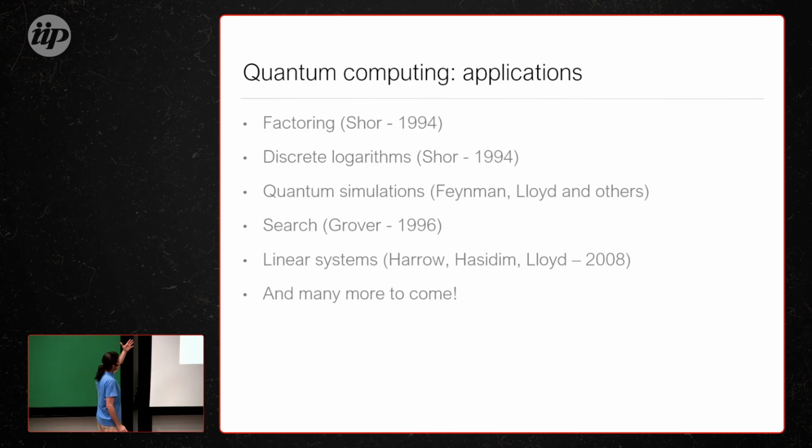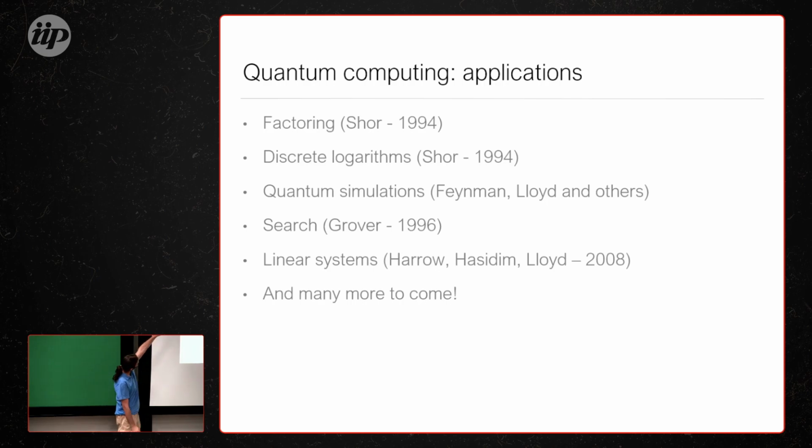Now, but again, notice factoring, I've told you that we don't know if factoring is really hard. We don't know if any of these things are really that hard. So our belief that quantum computers do something interesting is the belief that these are things a classical computer cannot do. But that belief is predicated on that structure of complexity theory that I talked about before.